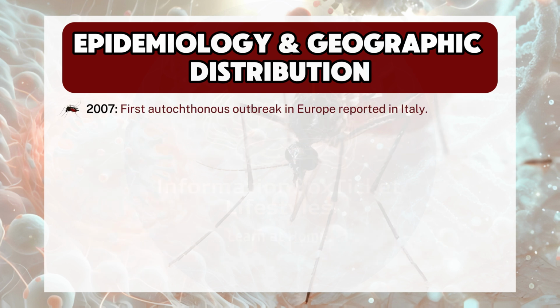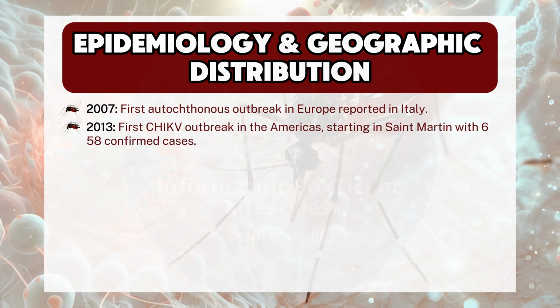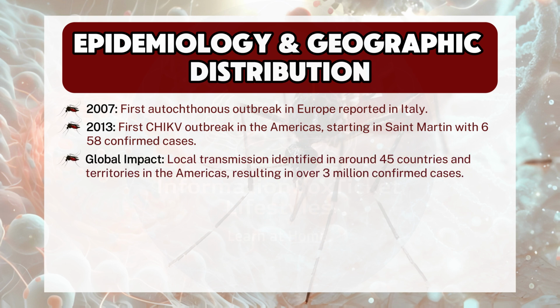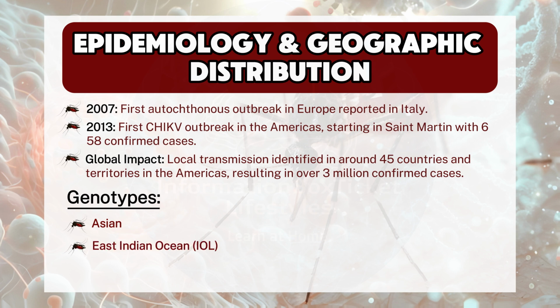2007. First autochthonous outbreak in Europe reported in Italy. 2013. First chikungunya virus outbreak in the Americas, starting in St. Martin with 658 confirmed cases. Global impact. Local transmission identified in around 45 countries and territories in the Americas, resulting in over 3 million confirmed cases. Genotypes: Asian, East Indian Ocean, West African,